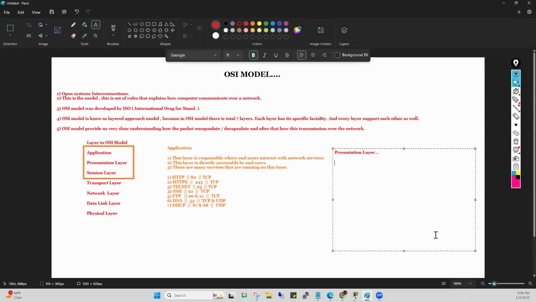So what is the solution? The solution is that whenever your packet reaches layer number 6, that is called the presentation layer, at this layer your packet will be converted into the standard format, so the complete network can understand your packet. Clear, guys? Understand? So the main thing you need to understand about the presentation layer: